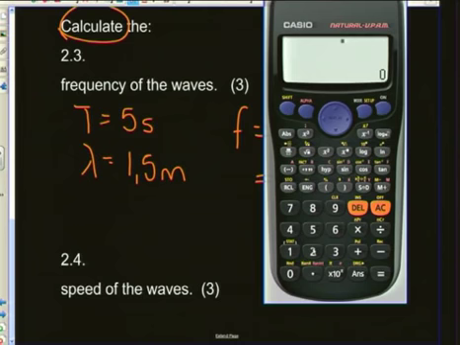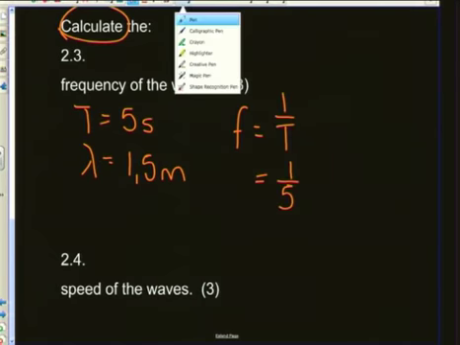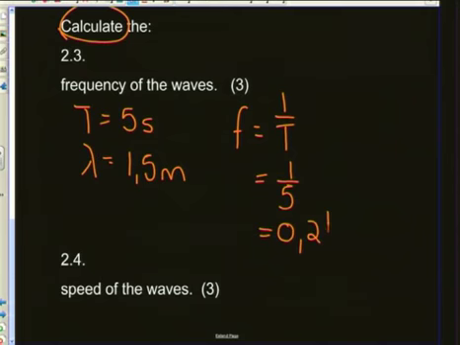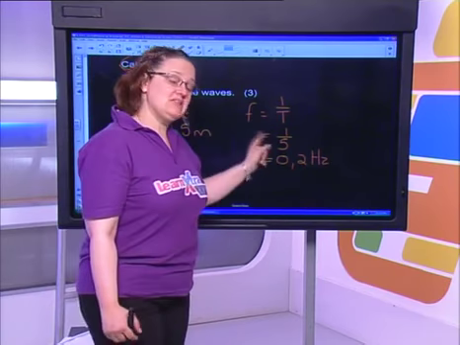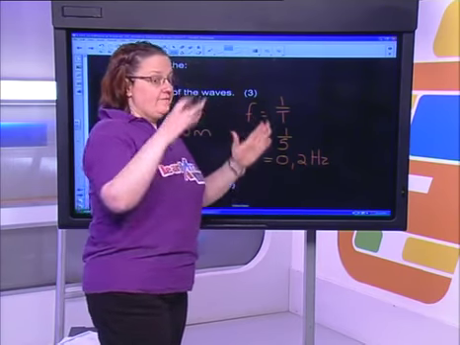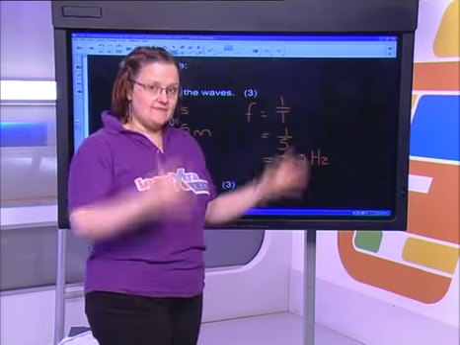So what I'm going to do is change the setup of my calculator so that it's on linear display. Okay? If you don't, you can use the S-D button. Remember, that changes the display as well. So we've got 1 divided by 5. I need it as 0.2. If it was in math display, 1 over 5. Okay, we don't want math display. We want it as a decimal. So 0.2 hertz. Now what that 0.2 hertz says to me is that there are 0.2 waves in 1 second. What the 5 seconds tells me is it takes 5 seconds for 1 complete wave to happen.